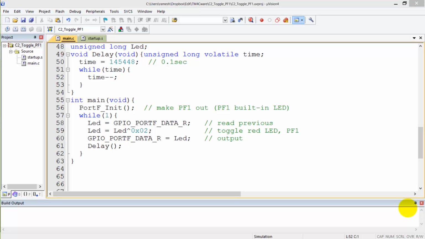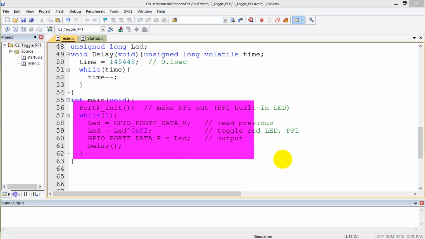So we looked at module 2 where we saw that PF1 had to flash at a certain frequency. We verified that it works, but we used a logic analyzer to do it. So in module 9, we'll take the same code, which is the main that we have here, and we'll modify